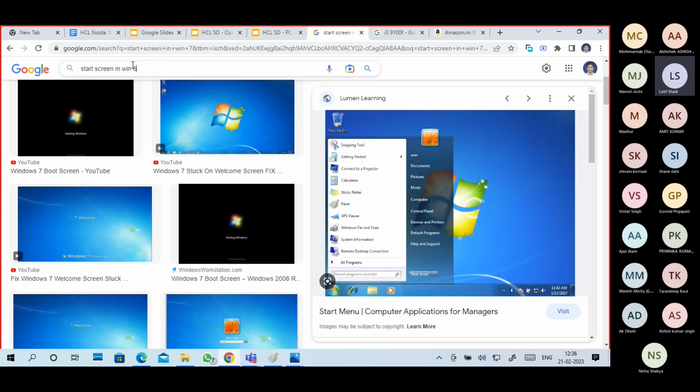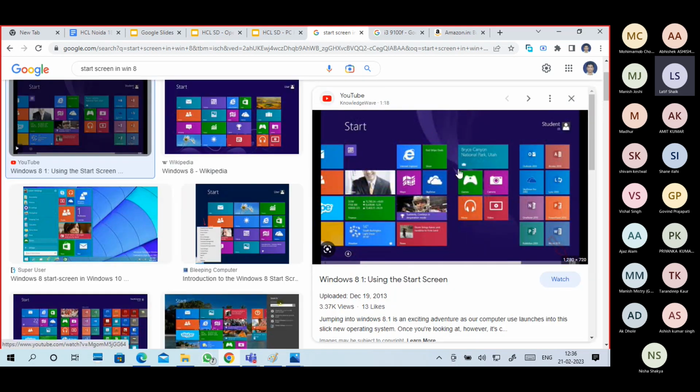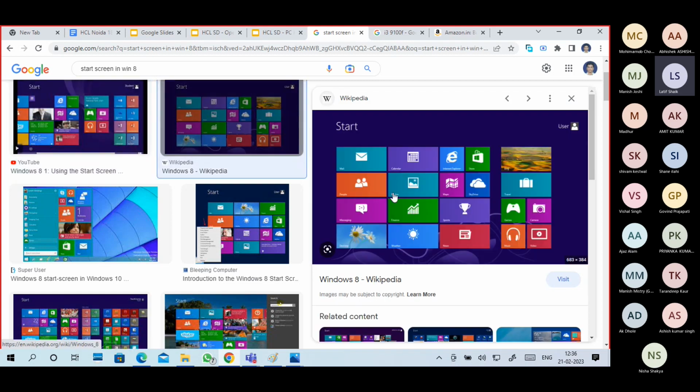But it completely changed in Windows 8. XP, Vista, and 7 are almost the same, with one or two differences, but in Windows 8 it is completely changed. That's why after XP, 7 got highlighted in the market, then 8 was not highlighted in the market. A lot of people used Windows 8 because when they purchased a laptop, it came with Windows 8. So there was no choice there, but a lot of people don't like it because Windows 8 is majorly built for